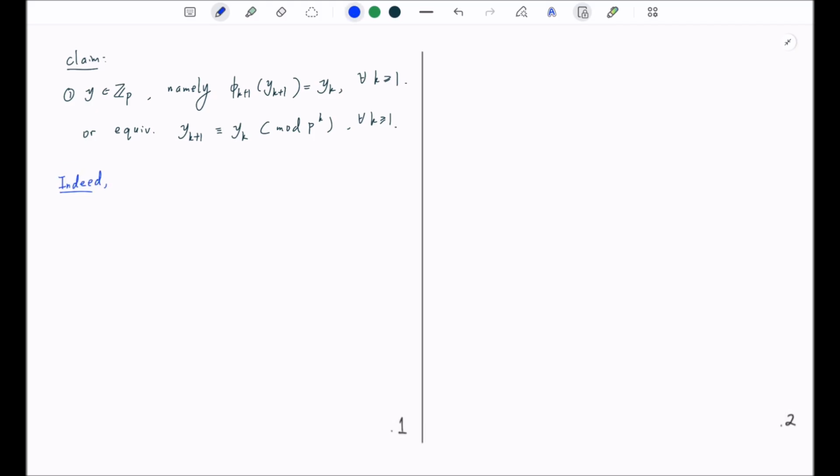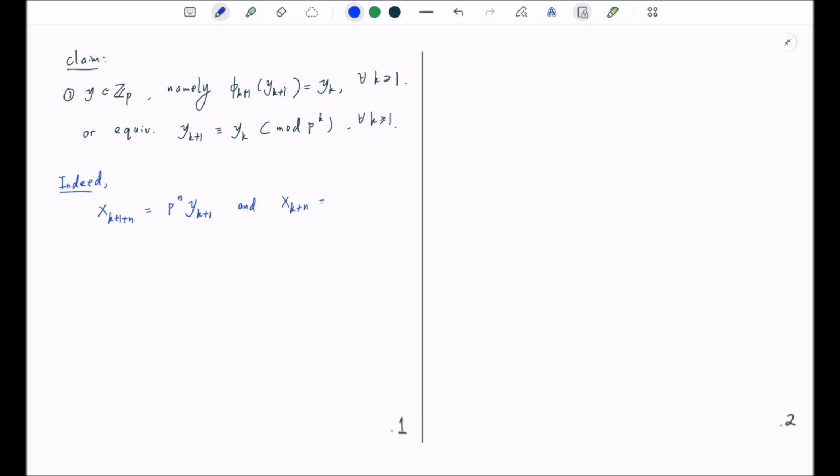Indeed, by our construction, we have that x_{k+1+n} is p to the power n times y_{k+1}, and